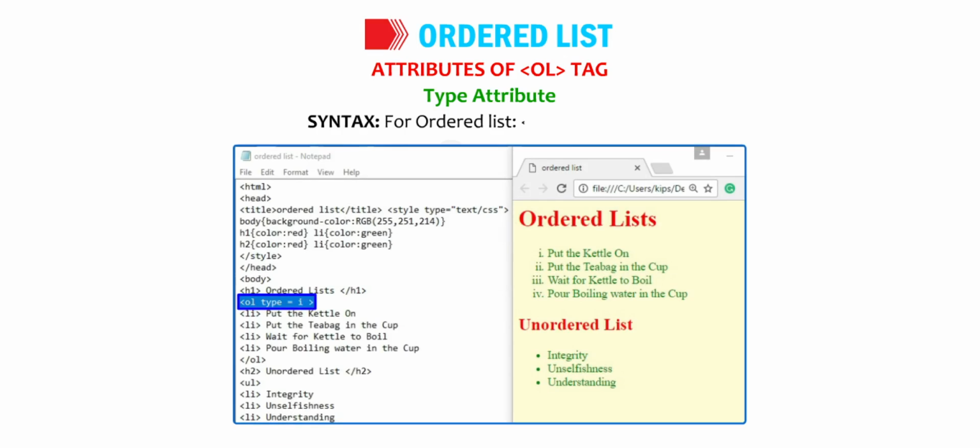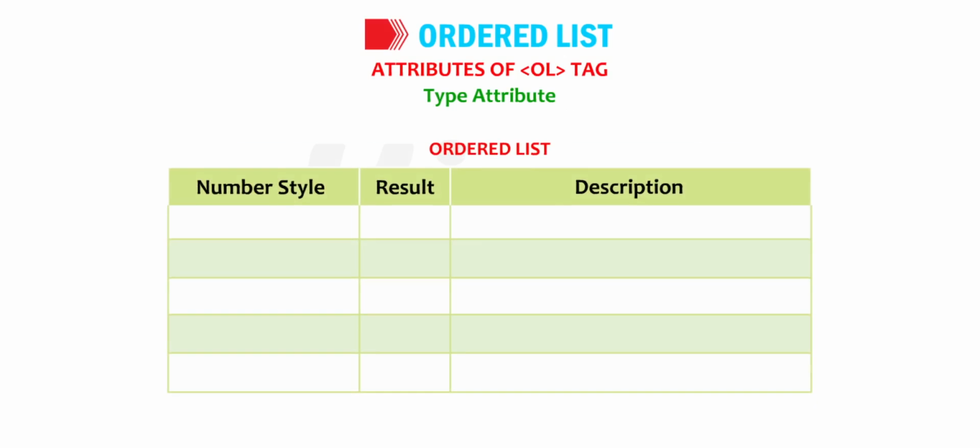Syntax for an ordered list: OL type equals "value", where value equals uppercase letters or lowercase letters or uppercase Roman numbers or lowercase Roman numbers or sequence of numbers. Ordered list number styles: OL type equals "A", result A, B, C, description uppercase letters; OL type equals "a", result a, b, c,